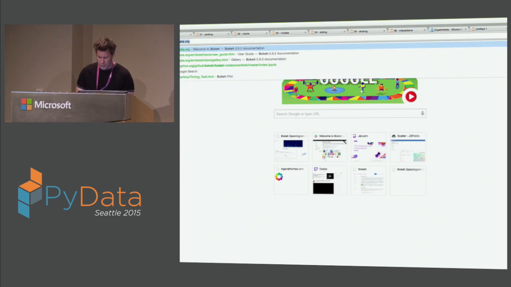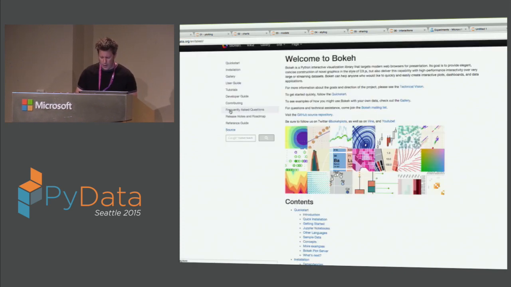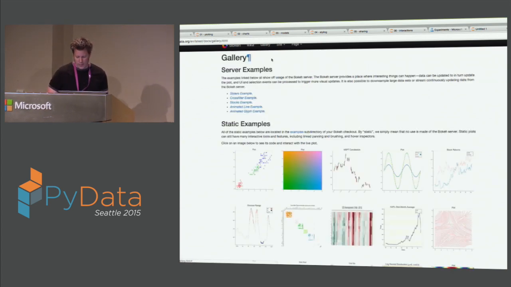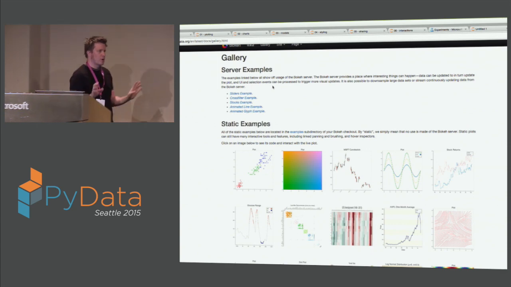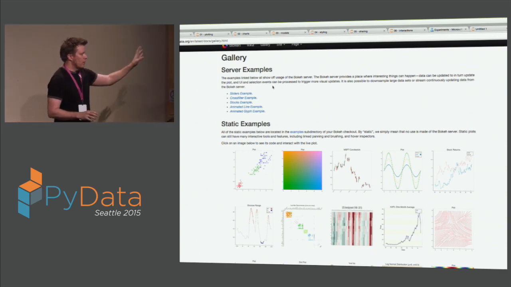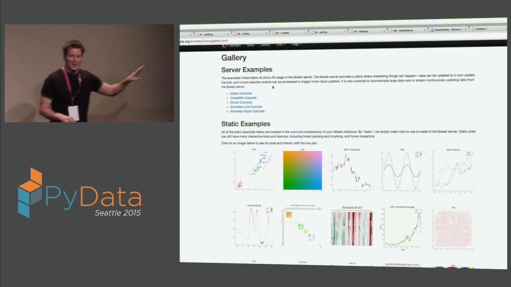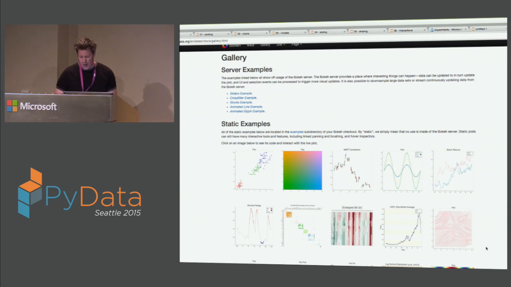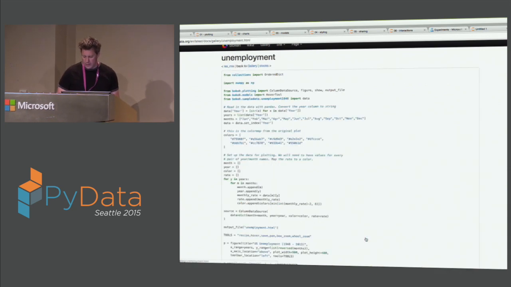First of all, I should mention bokeh.pydata.org. If you go there, this is the main doc site. It has a user's guide and a quick start. There's also the reference guide I mentioned, and there's also a gallery. There's lots of different ways to learn; people learn in different ways. One of the best ways that I learn is to just say, hey, what looks like what I want? I'm going to look at that code and try to bang it into shape until it does exactly what I want. But if you go to some of these examples, for instance, this is a reproduction of a New